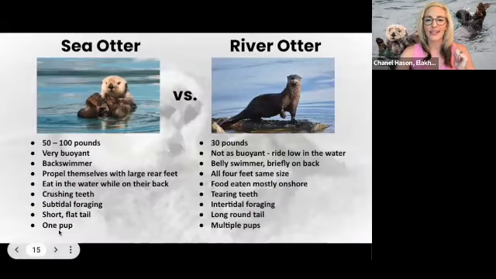But let's talk about a little bit of the differences between sea otters and river otters. Probably if you're kayaking on the Oregon coast, you might run into a couple river otters because they do venture to the coast in the intertidal zone and at river mouths. So you can tell the difference